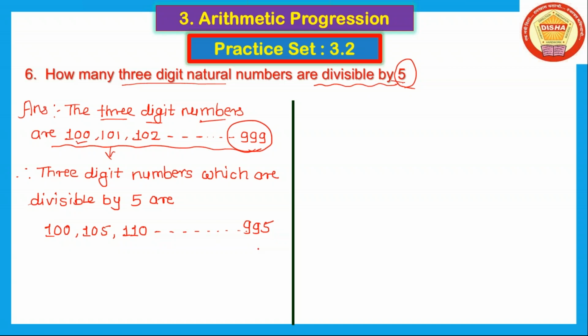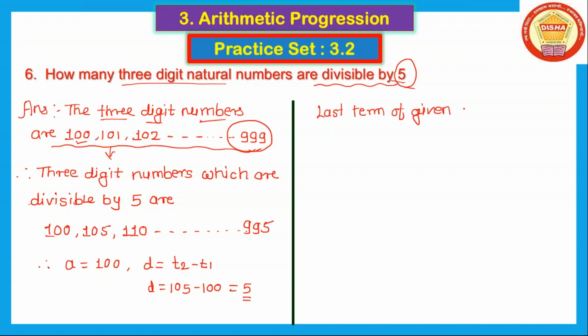See, this is an arithmetic progression and then we find the values. Therefore a is equal to 100, d is equal to t2 minus t1 which is equal to 105 minus 100 equal to 5. Means the value of d, the common difference, is here 5. And the Tn, that is the last term of the given sequence